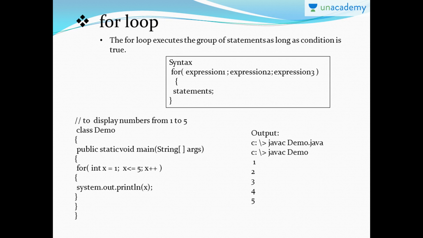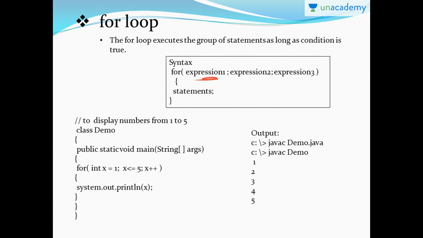For loop. The for loop is used to test one condition and give two outputs in a single statement. The for loop executes a group of statements as long as the condition is true. All these are similar because until the condition is false, they keep on executing. The syntax of the for loop has expression 1, expression 2 and expression 3, and then the statements. Expression 1 can be any expression or condition that you want to give. If expression 1 is true or satisfied, expression 2 will be executed, otherwise it goes for expression 3. Then the statements will be executed as long as the condition is true.